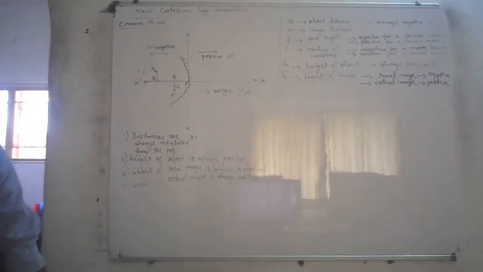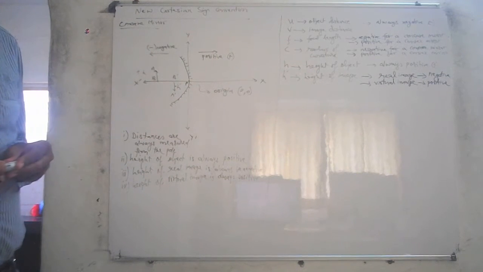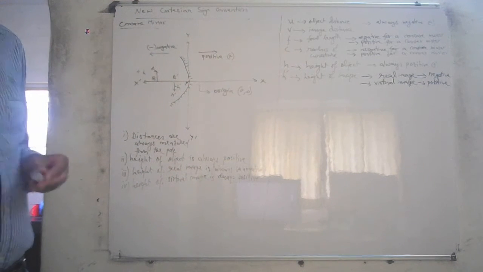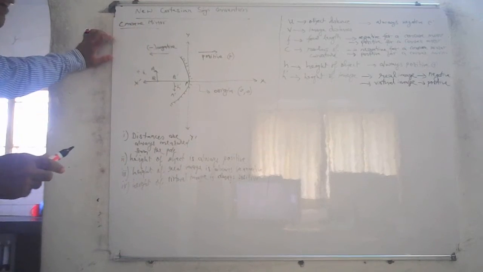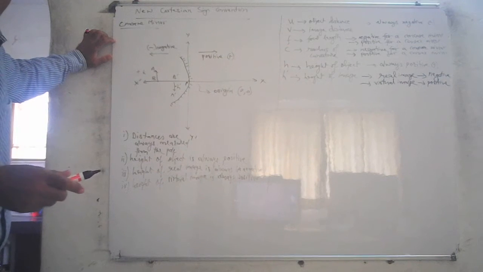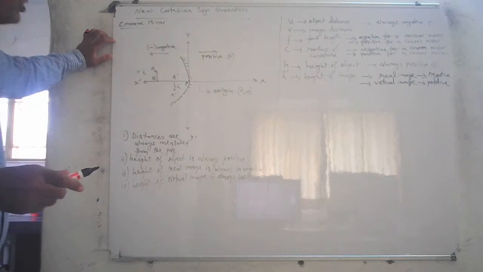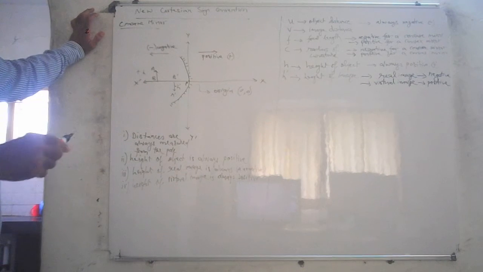Just one small point here. You might start wondering what this negative and positive is, and why do we need it? What is the real reason behind it? Well, the reason is simple. When we solve problems in physics, which are called numericals, you will require Cartesian sign conventions. You will require what is positive and what is negative.